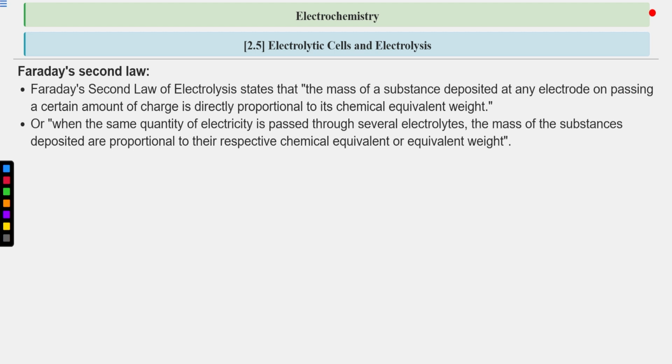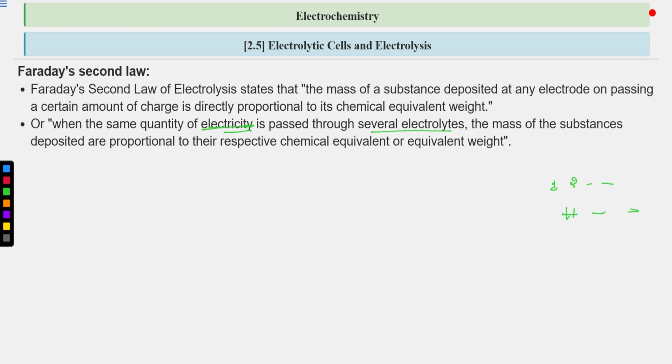Or what is the other definition? That when the same quantity of electricity is passed through several electrolytes, the masses of the substances deposited are proportional to their respective chemical equivalent weights. Right? So if you are using the same quantity of electricity, either in one cell or two cells or more cells, passing through several electrolytes, that means we have different solutions, different cells through which you are passing the same quantity of electricity, then the mass of the substances,